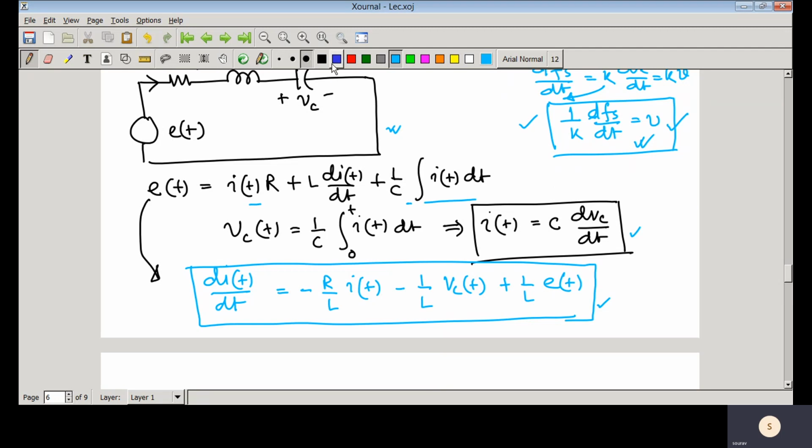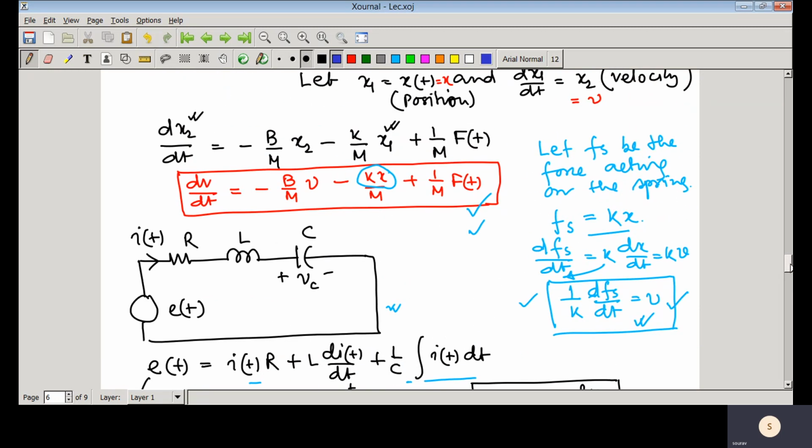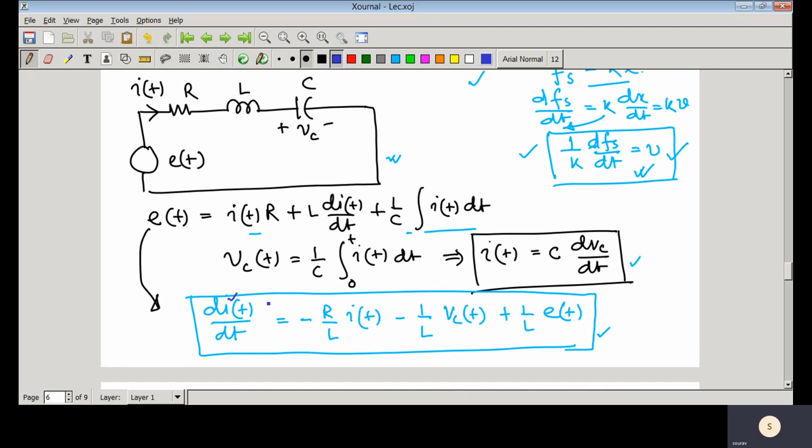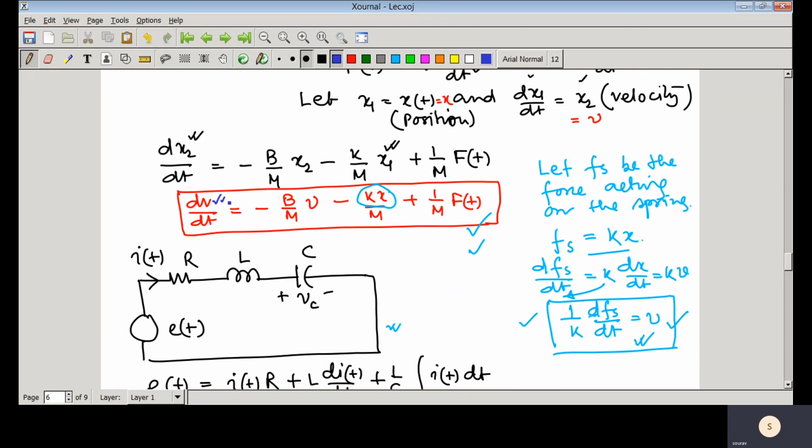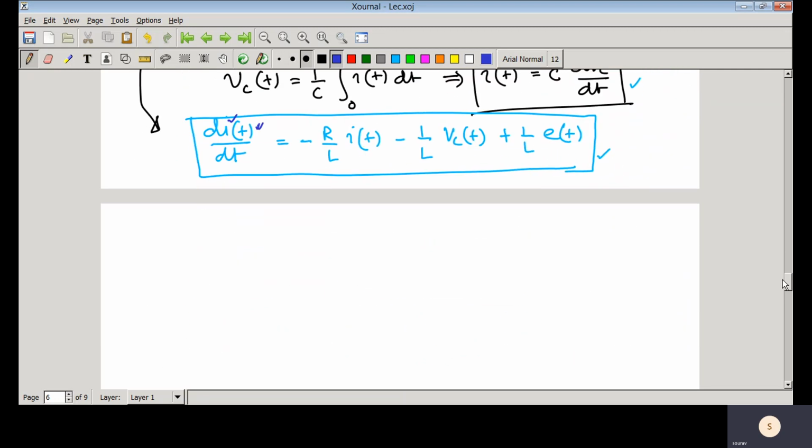So if we start comparing, you can see di(t)/dt, and in this case dv(t)/dt. So that means the velocity and the current, this is the current through the inductor, and here this is the velocity. So they are actually analogously equivalent. So what analogy can we draw here? So analogy,